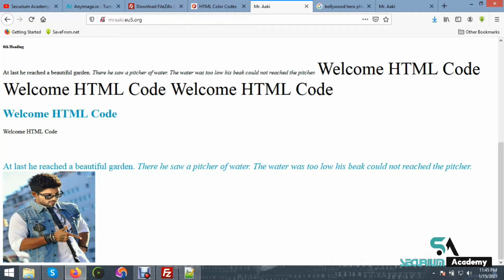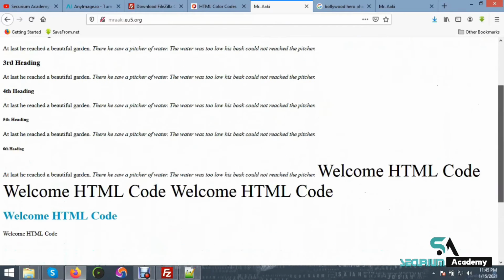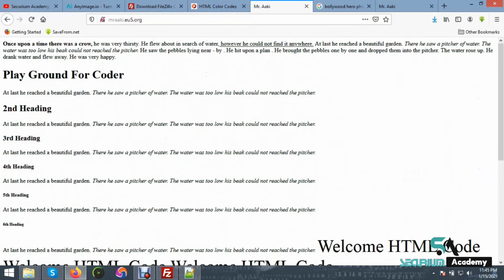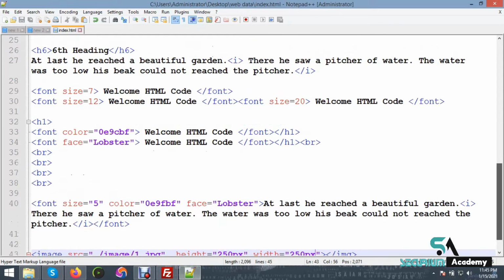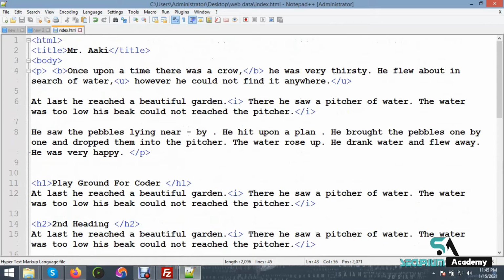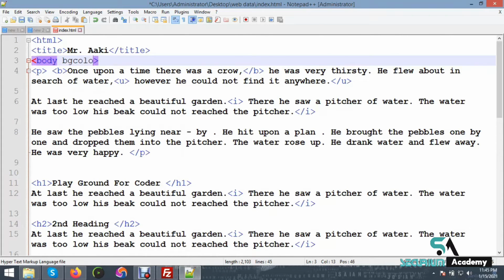Next, now I want to change my web page background color. So we go to the HTML page and go to the top, then use a space and type bgcolor, then equal, then double quote, and now go to Google